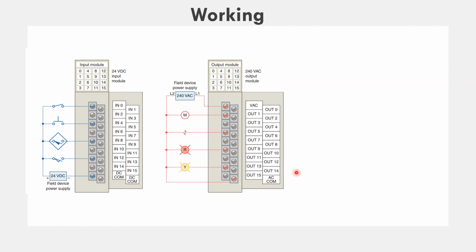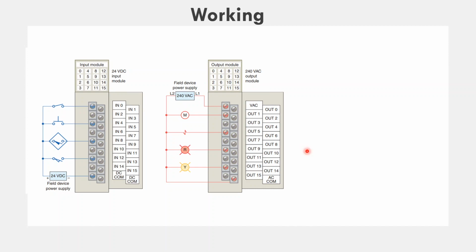Same for the output. When we have to operate some device with the help of a PLC, we are using either a 24 volt or a 240 volt AC circuit. So the output in the range of 5 volt is generated by the processor of the PLC, and further, with the optical isolation and the output driver circuit, that is converted to the range of 24 volt or 240 volt AC.